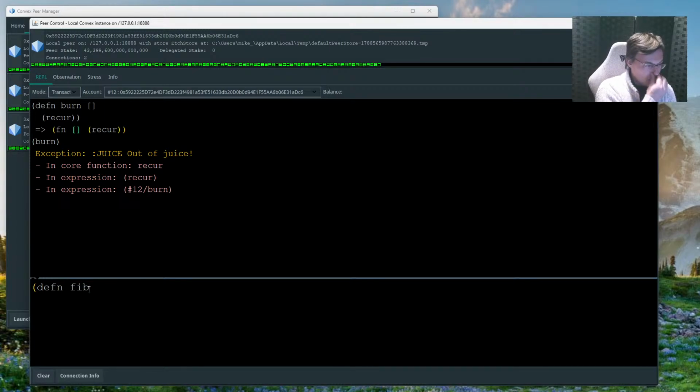There's a recursive way of doing Fibonacci. N. Recur. And what we're going to do is